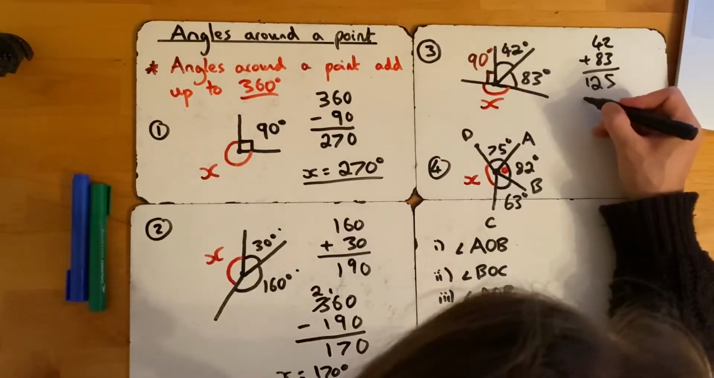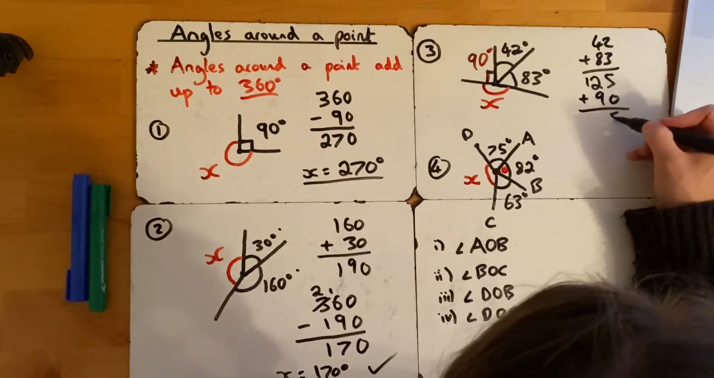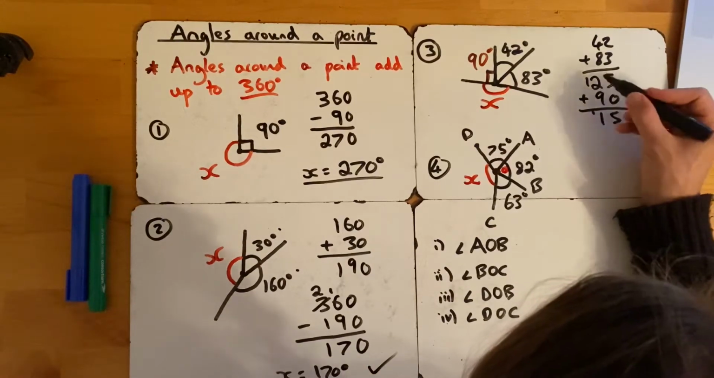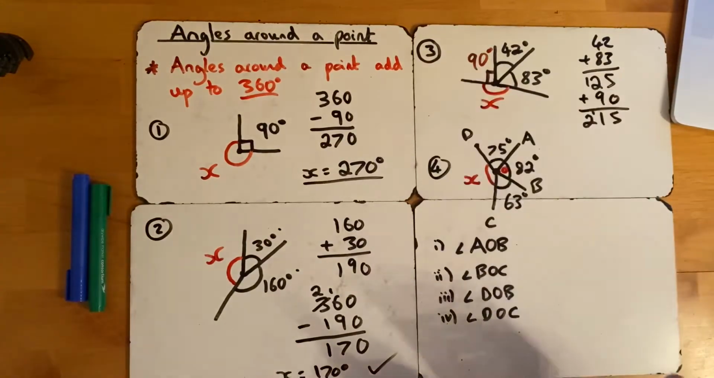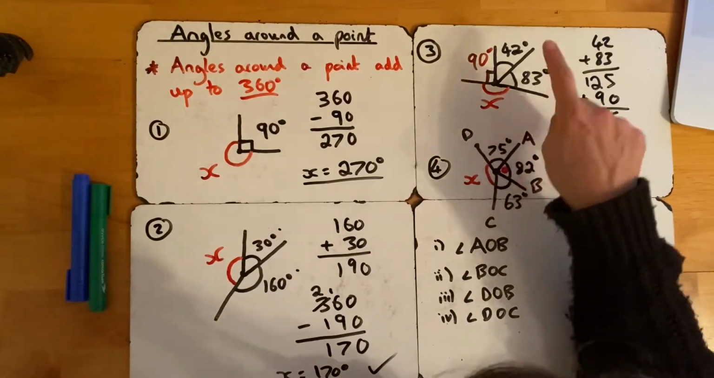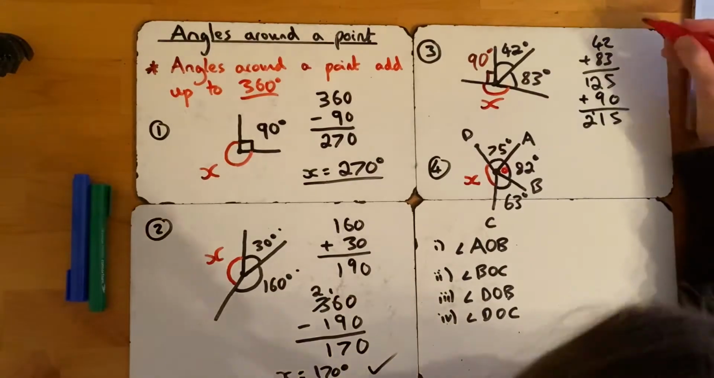Now we can add the last 90. So those two added together, you got 5, 2 plus 9, what is 11, carry the 1, 1 plus 1 is 2, 215. So now these three add up to 215. Now, what are you going to do to find out the x? You're going to do 360 minus your answer. So if we do over here,